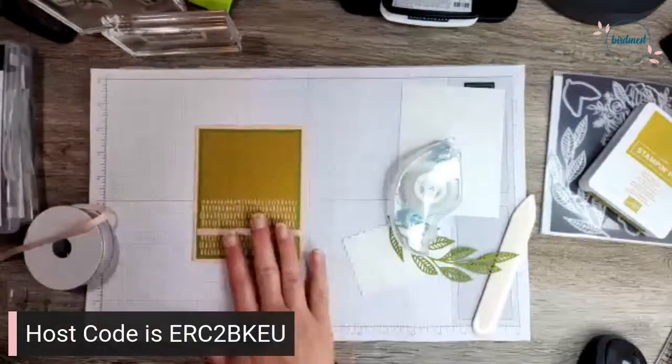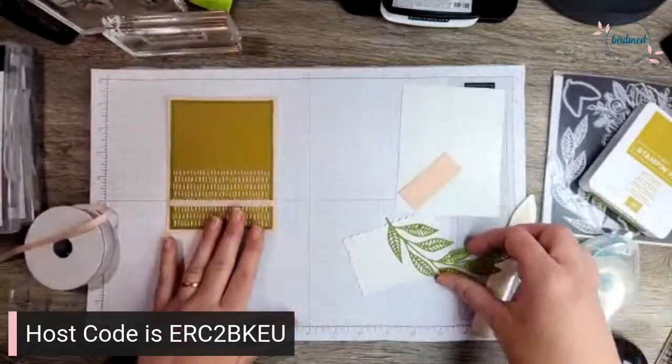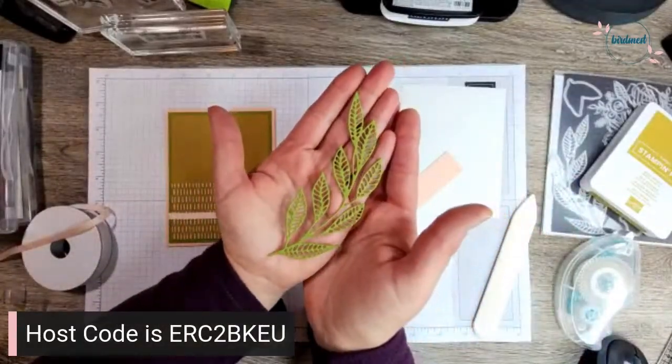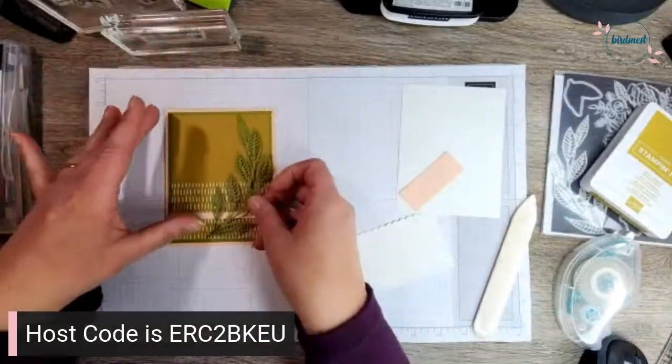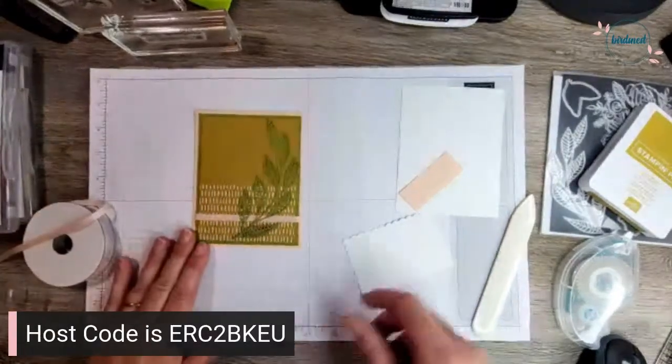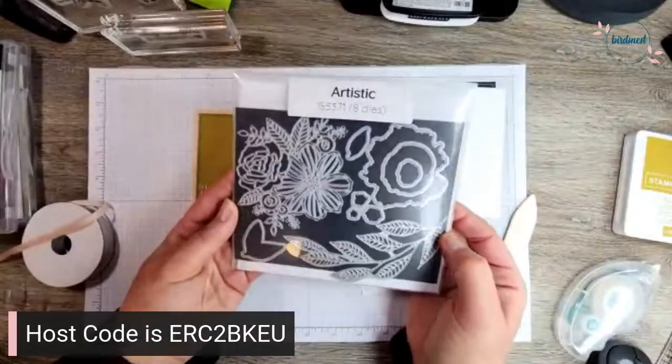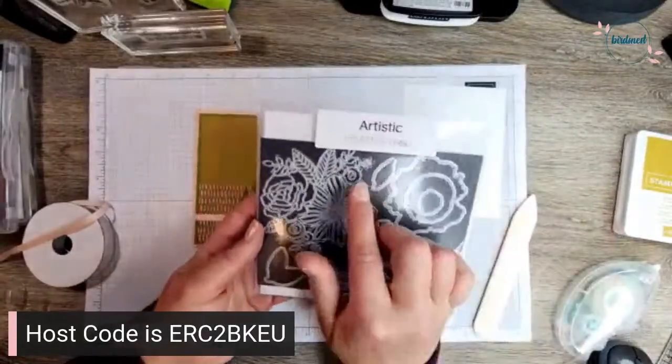All right, so now I have got some more pieces we're going to add on. So this beautiful die cut right here, look how big that is. If I put it up against the card, isn't that just gorgeous? That is from the Artistic dies. There's 8 dies in this collection. Ordering code is